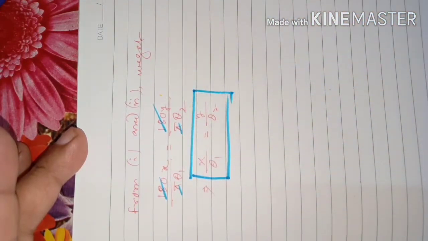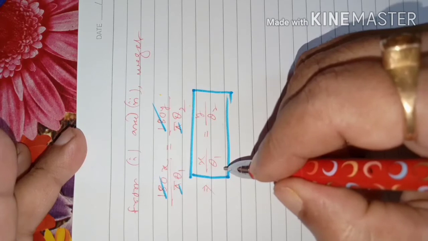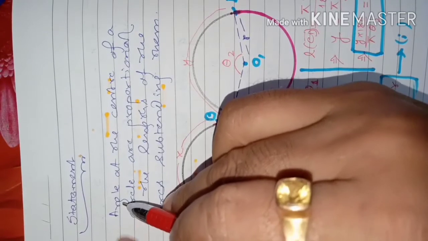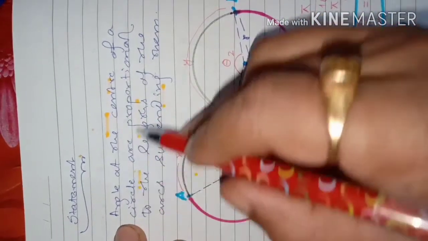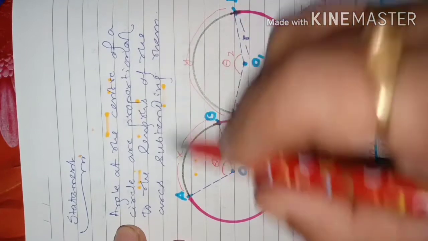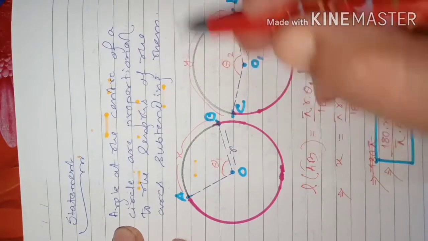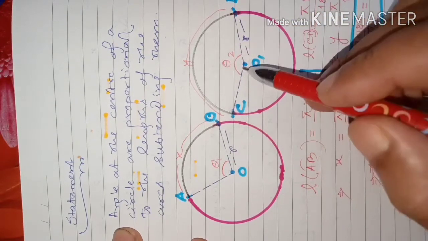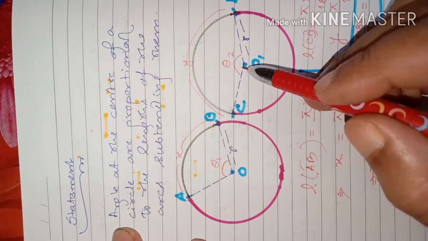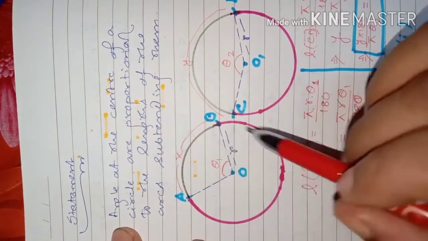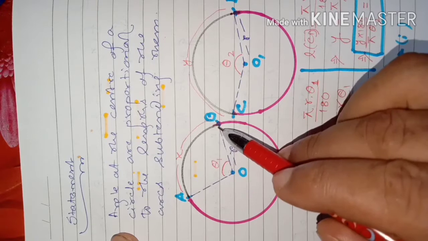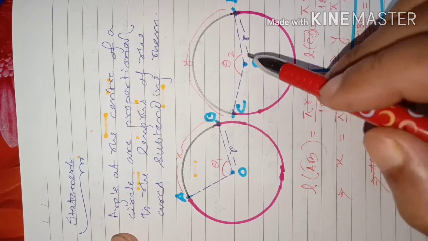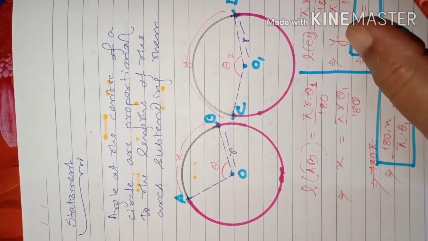The arc's length is proportional to the angle subtended by it at the center of the circle. So here you see, this is what the statement is: angles at the center of a circle are proportional to the lengths of the arcs subtending them. It means a smaller arc will subtend a smaller angle, a longer arc will subtend a greater, bigger angle. That is the thing that we want to establish. So a small arc will subtend a small angle, a bigger arc will subtend a bigger angle. Okay, so that is proportional in the same circle we are talking about.